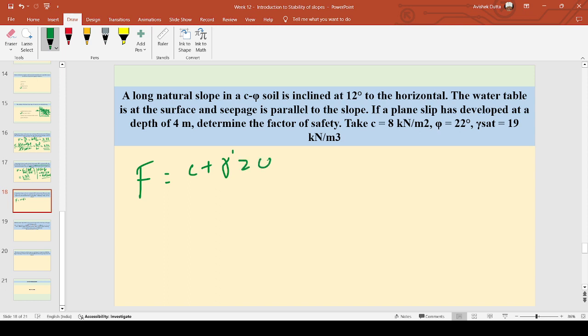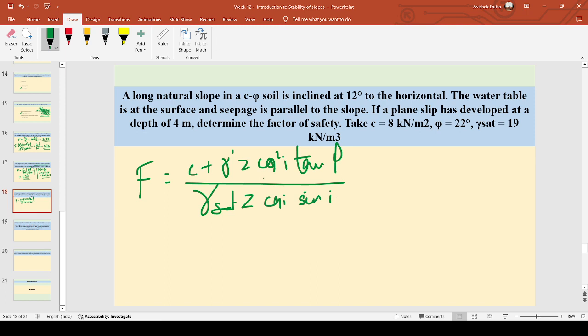Z cos squared i, into tan phi, whole divided by gamma sat into Z cos i sin i. Because there is a factor of C, that is cohesion, in the numerator, gamma submerged will be considered here. Now gamma submerged